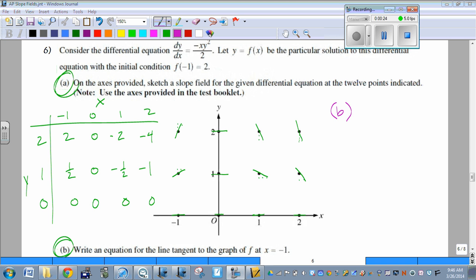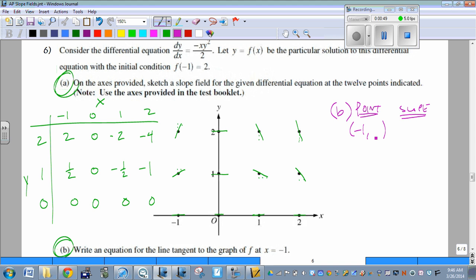For part B, it asks us to write an equation for a line tangent to the graph of f at x equals -1. So something we've done in the past, but not anything we've done with slope fields recently. But remember, for an equation of a tangent line, we need two things. We need a point and a slope. So it tells us when x is -1,